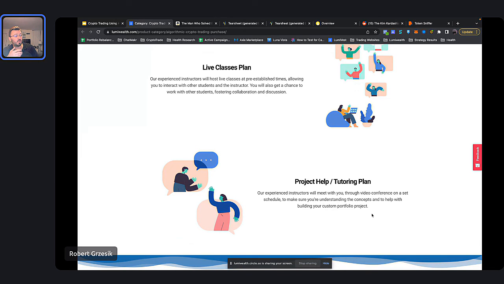But also, if you want to have someone build an algorithm for you, you get access to our software engineer team as well, right? So we will allow you to use our developers. We have a development team that you can get to actually build something for you, right? So if you have a specific algorithm in mind, we can build that for you, right? If you want some help with a specific feature that you're building, we can help you with that too. You get access to our team that can really help you move faster and get things done faster and better a lot of times too. So you're not messing things up or whatnot, right? So that's our Project Help and Tutoring plan.